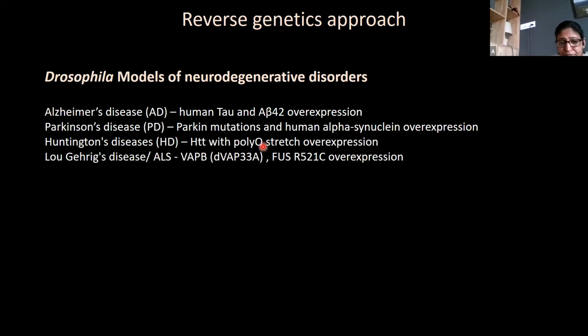Same for Huntington. Drosophila has the Huntington gene, but the wild type doesn't give you a mutation; it needs a specific mutation, which is basically a stretch of polyQ that is overexpressed in flies. And that gives you